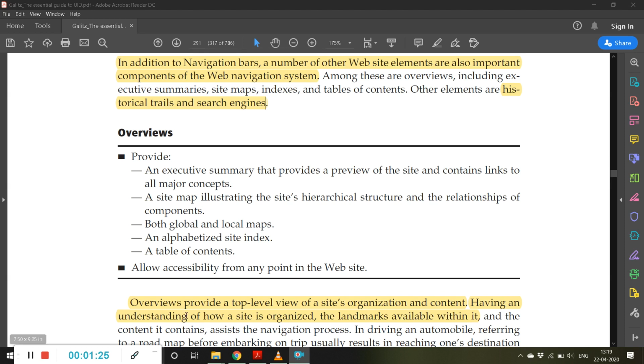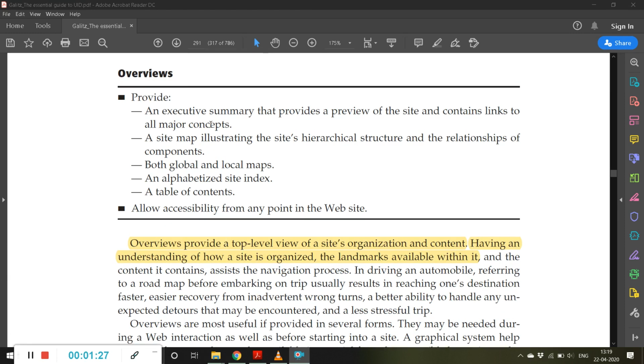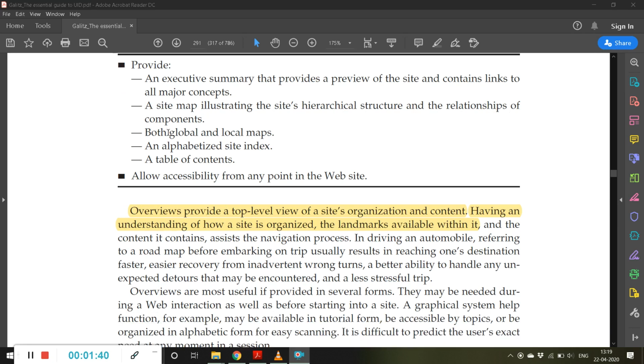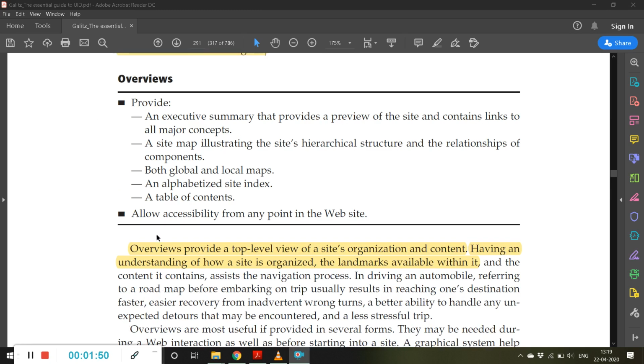So that is what an overview is. For example, a site map illustrating the site's hierarchical structure and the relationship of components. Just now in IIT Mumbai's website, we saw what a site map is. Both global and local maps, and an alphabetized site index. Even it can be a table of contents. So this can be an overview.